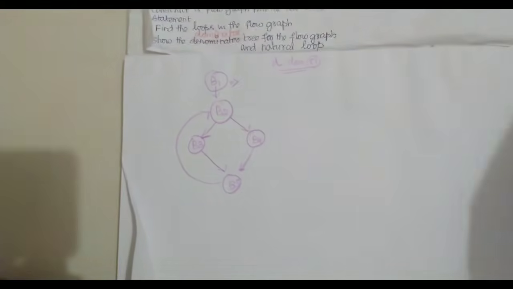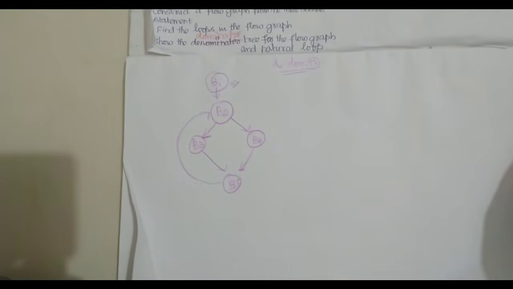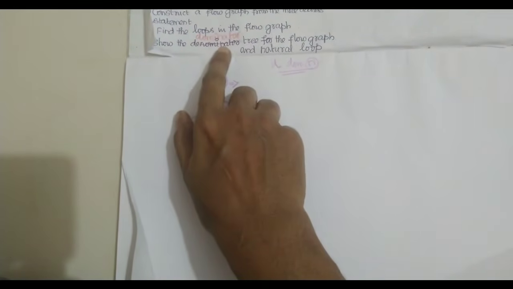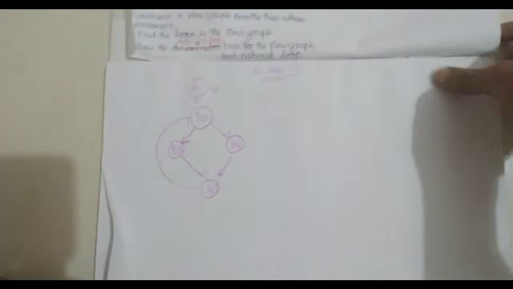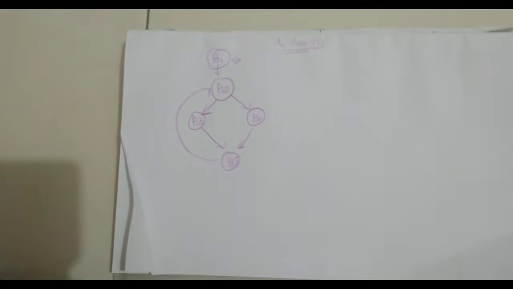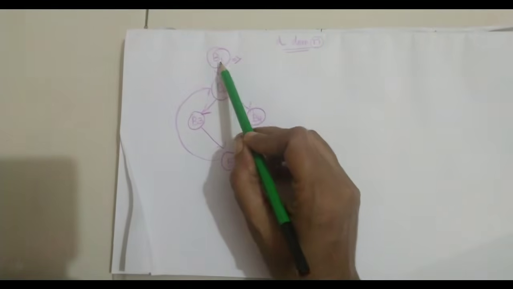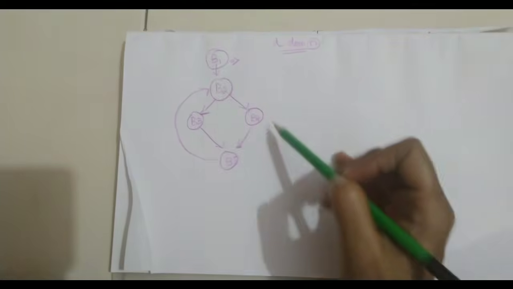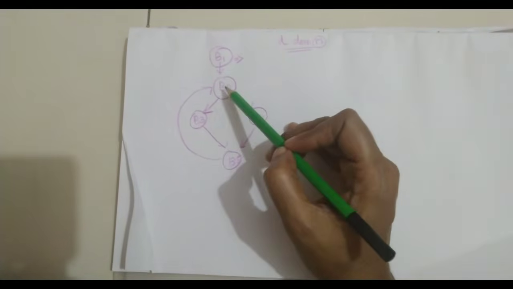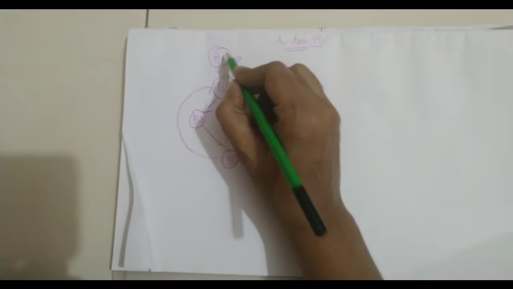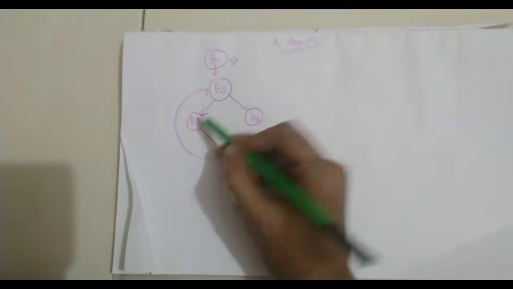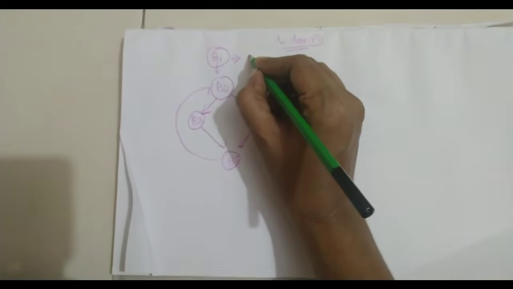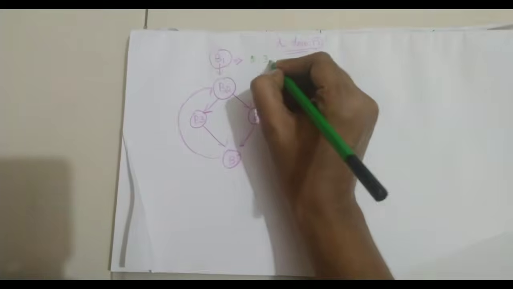So friends, let us find the dominator tree, how to construct a dominator tree. And this is not a denominator, excuse me, it is a dominator. So for finding a dominator tree, B1 is the initial node and hence it is the dominator node for all the other nodes. So B1 is a dominator of B2, B3, B5 and B4. So it is a dominator of 2, 3, 4 and 5.